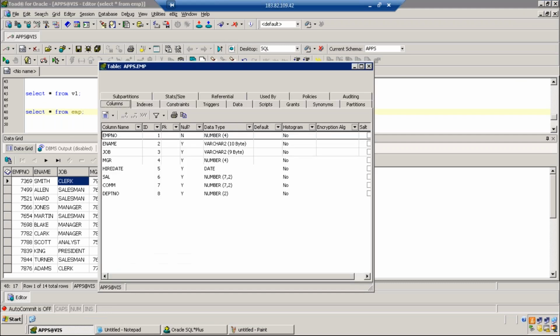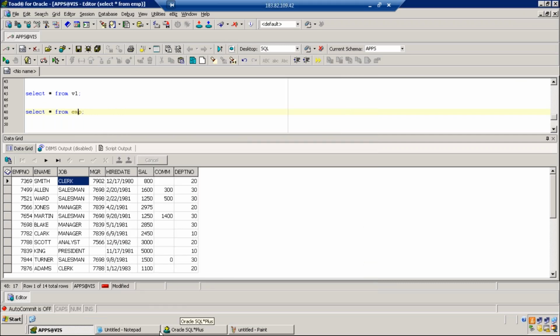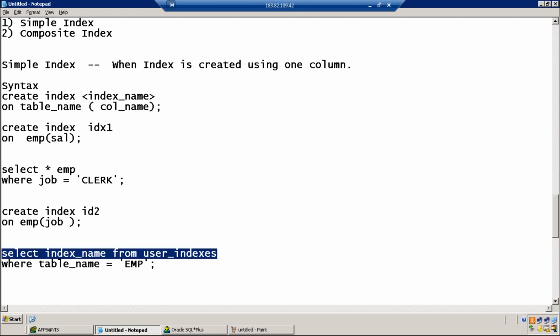Here in Toad, just press F4 and you can see all the indexes. In the SQL Star Plus environment, you need to write: select index_name from user_indexes where table_name equal to, on which table do you want to see the indexes, Jamal? The employee table?